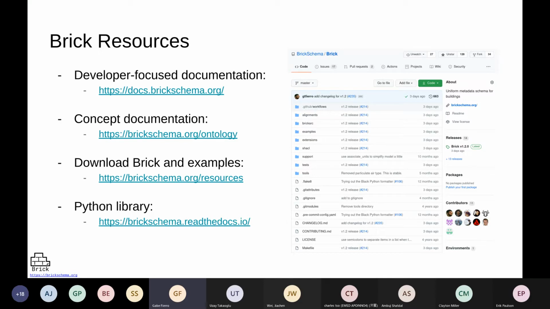As always, we have our Brick examples and the TTL file itself available for download on the Brick Schema website. And we have also been working on a Python library which facilitates the use of Brick and the management of Brick models and graphs, and provides very easy use of some of these advanced features such as validation and inference, and I'll dig into that in a moment.